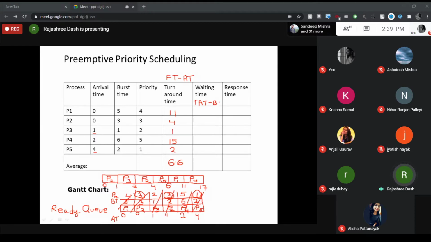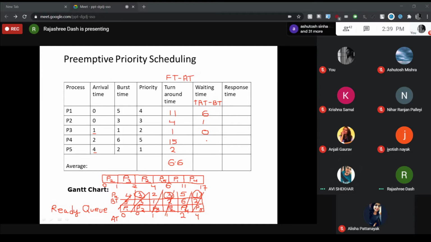So now tell me what will be the waiting time for P1? Waiting time for P1 is 6. 11 minus 5, that is 6. For P2, 4 minus 3, 1. Correct. For P3, 1 minus 1, 0. For P4,